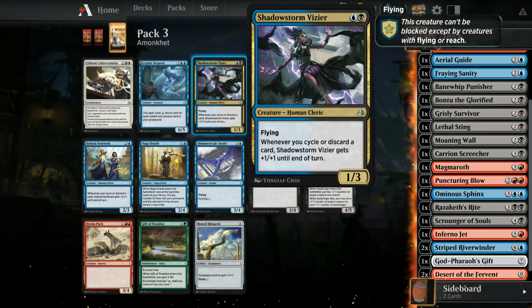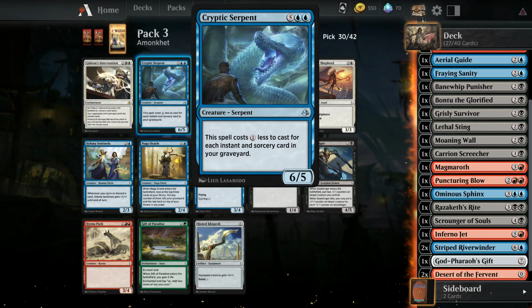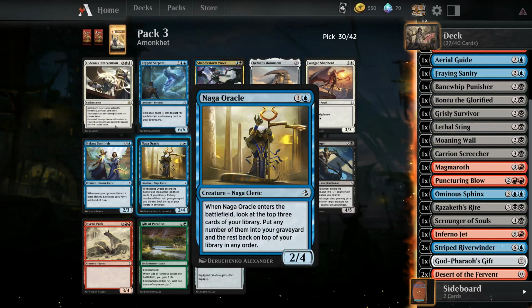Shadowstorm Vizier has got flying. Whenever you cycle or discard a card, it gets +1/+1 until end of turn. I think that's our next pickup for sure. Otherwise, we've got Cryptic Serpent. Not running a hell of a lot of instants and sorceries. Got a lot of creatures, so